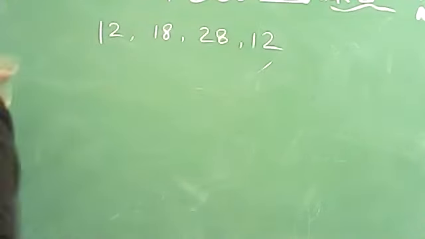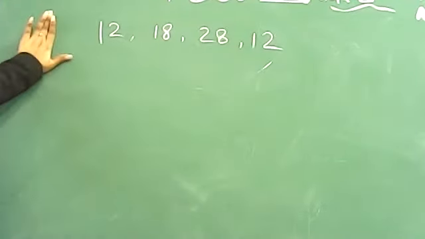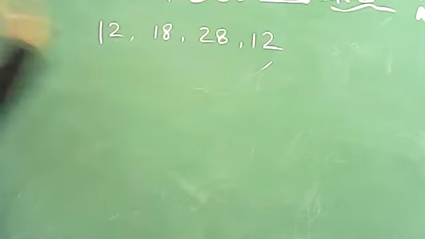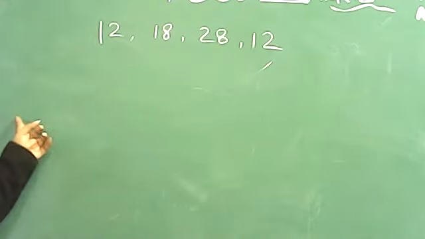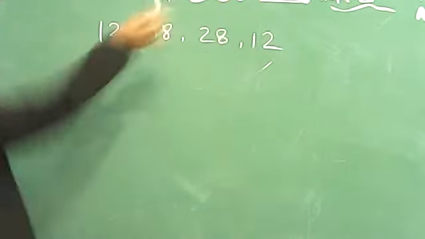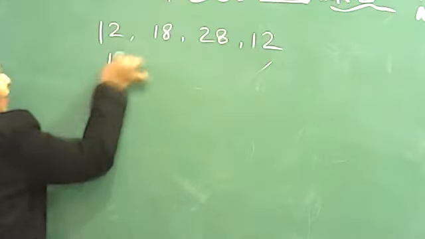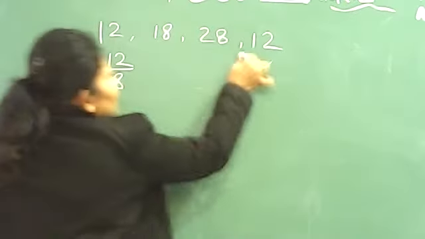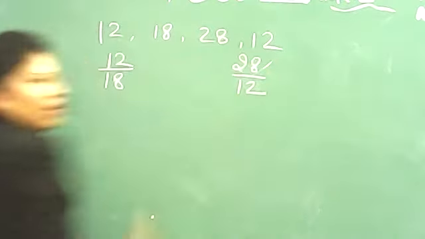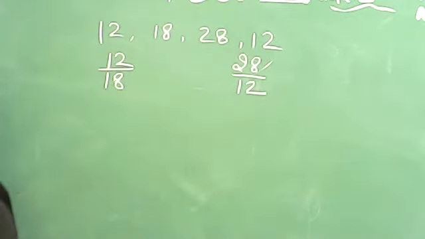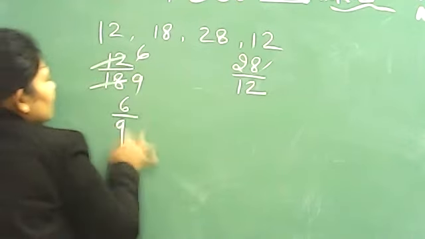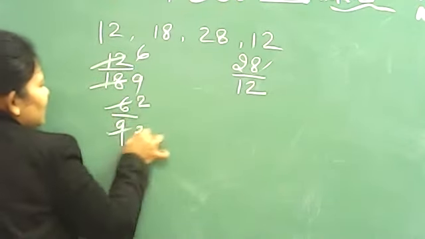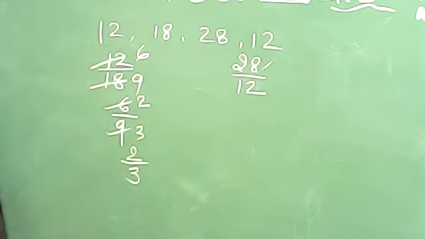See, I gave you this question to check whether they are in proportion or not. How many of you have done this question by second method? Okay. How many of you have done this question by first method? Okay. Chalo. So if I do it by first method, you will have 12/18, and this is 28/12. Which table can this cut? You have cut by 2. Acha, 2 you have cut. 6 and 9, 3. Now 3 2s are 6 and 3 3s are 9. It means at the last you will get 2/3.